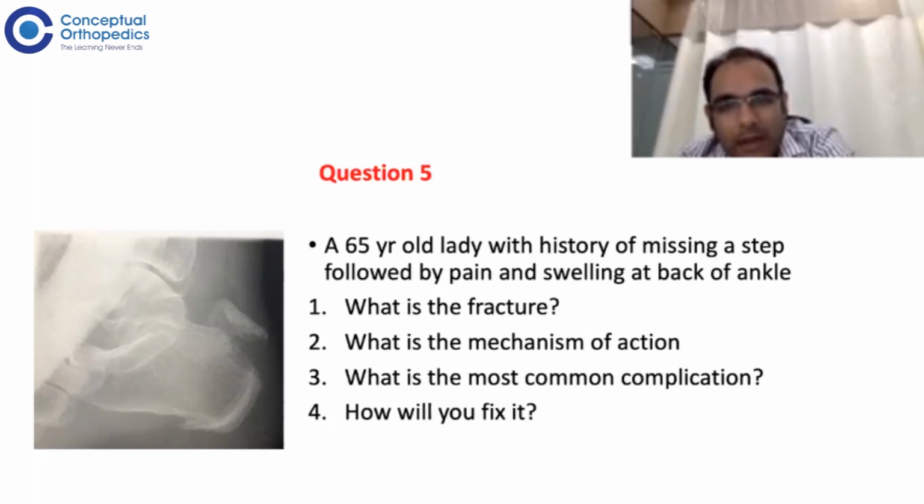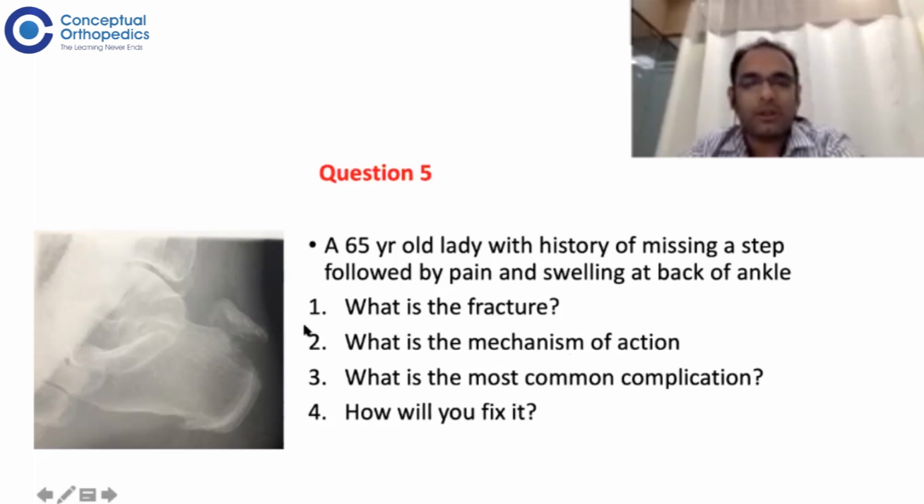What is the mechanism of injury? If you look at it, this is not really a high energy trauma. So definitely it is something where the bones have become quite weakened and the fracture happens due to just a pull of the strongest tendon of the body, which is the tendo-Achilles. So the mechanism would be a strong pull by the tendo-Achilles, which might have happened when the patient missed a step. The most common complication, I think most of these fractures are actually surgical emergencies because